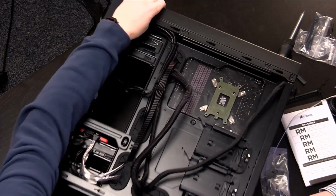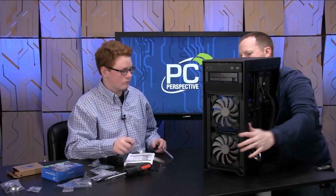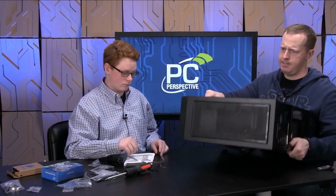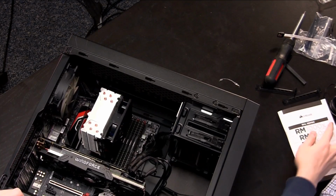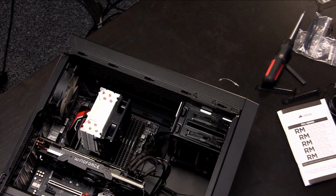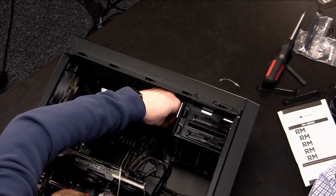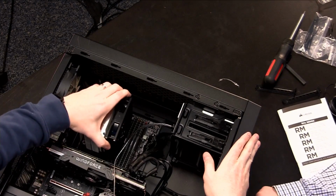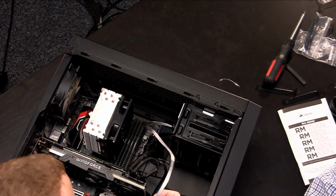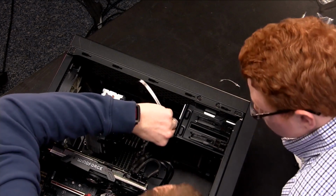And then to get to the optical drive, let's go down here. And I don't think we have any more right angle ones, right? The one left over is not a right angle? Probably not. Okay, that's fine. So this one we'll plug into right next to the power connector for the optical drive. Now, in theory, we should be able to feed this, just to make things a little bit neater. I think we can feed this one back